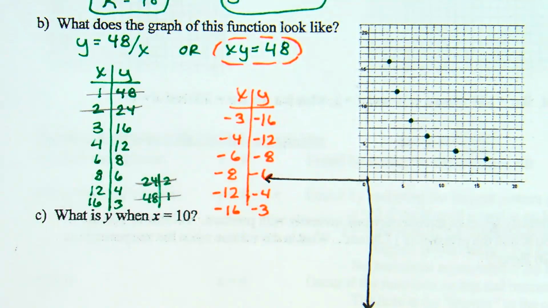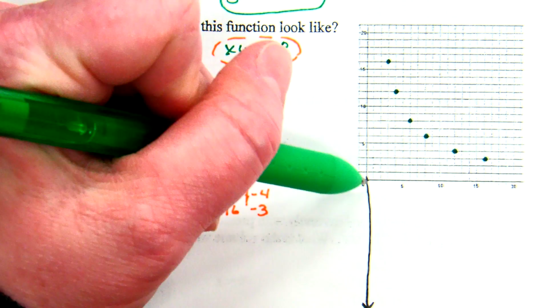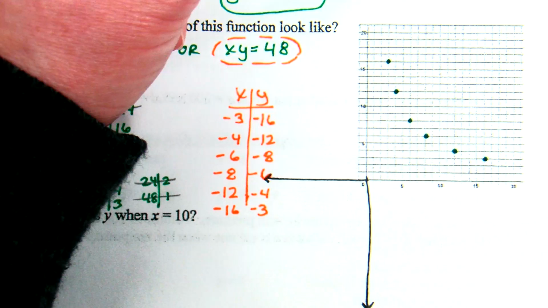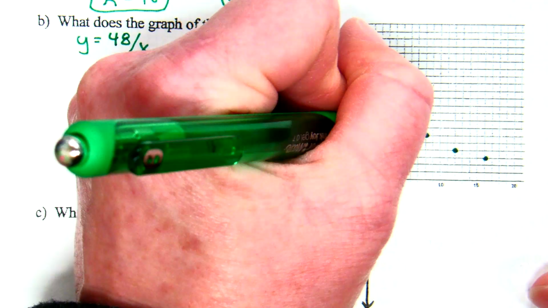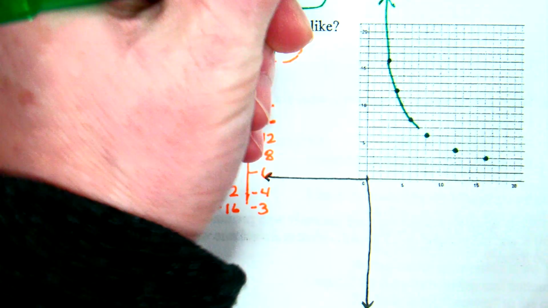Thoughts on what those positive values are going to look like? Not exactly a U. Circle. Part of a circle. We're not completing the circle because think about it. If you had, say, 1, 48, that would mean what? Right 1 and up 48. I just went up off the screen, right? So what we have here